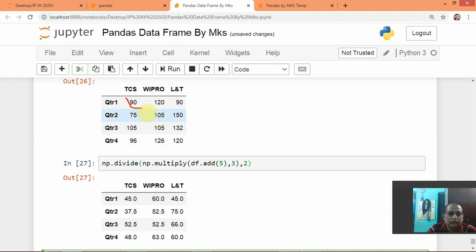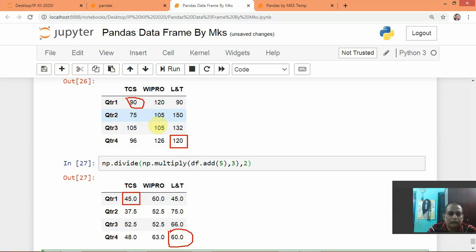This 90 has become 45 here, and see 120, this 120 has become 60.